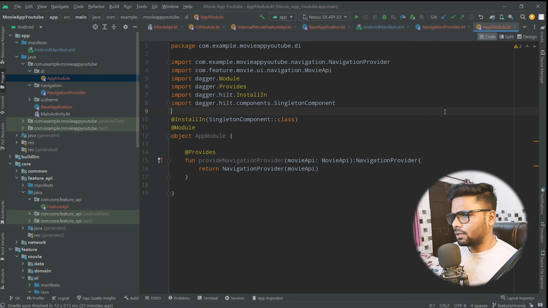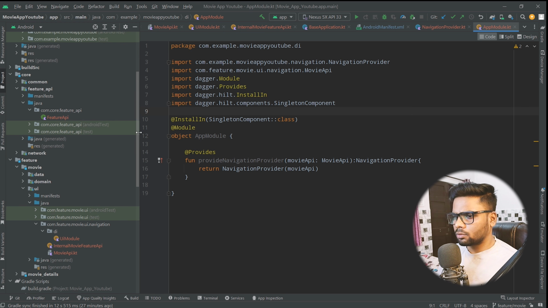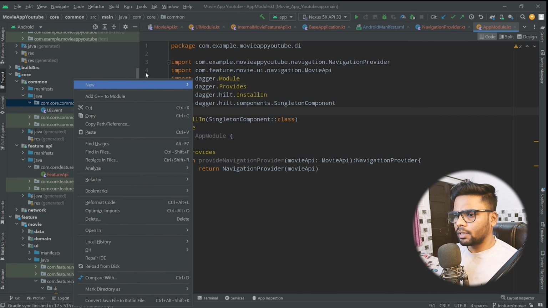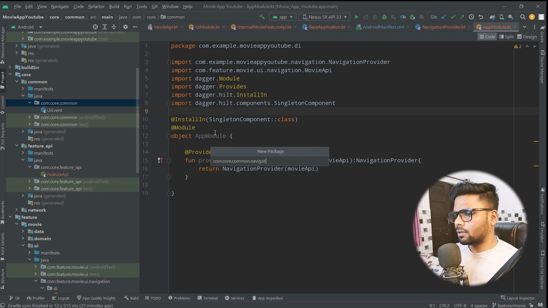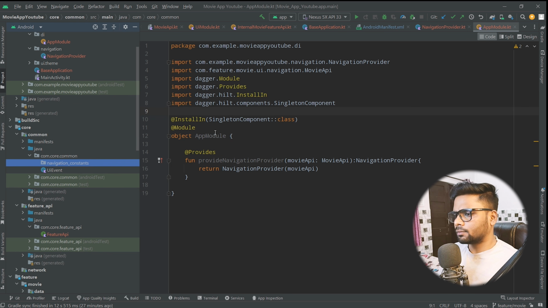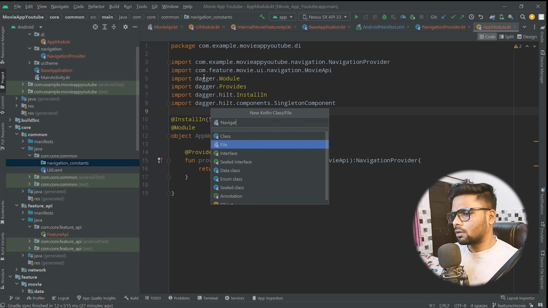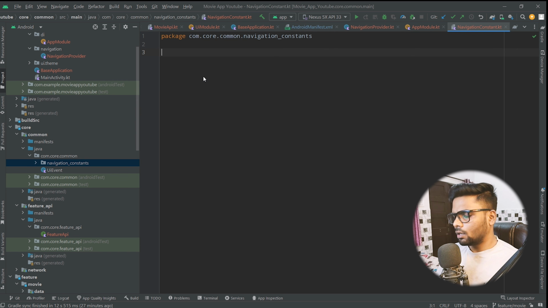We will create a few constants in order to manage our routes. That constant I will create in my common module. So go to your core, and within your core you have common, and within this common I'm gonna create one package, and the package name is navigation underscore constant. Within this I'm gonna create a file, and that file name is navigation constant. I'm gonna create an object, and I'm gonna manage my constants depending on the features. So like we have our movie feature, so I'm gonna call this object name movie feature,